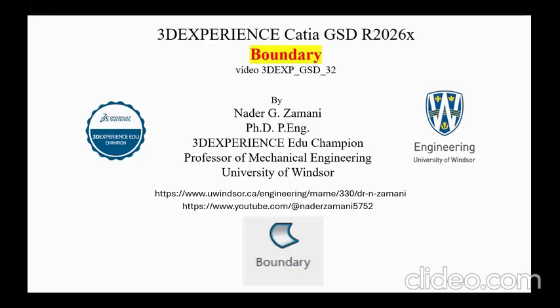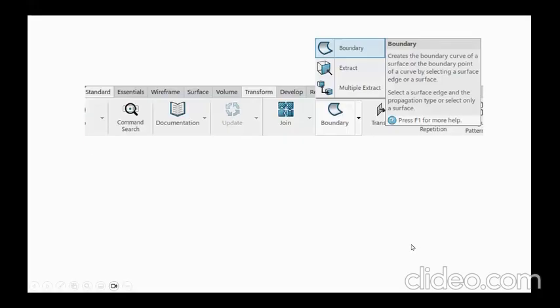This is video number 32 in the playlist, which is devoted to 3D Experience CATIA, the generative shape design application. I would like to discuss the boundary icon, which appears in the ribbon for the generative shape design. If you select the transform tab, you get the boundary pull-up menu, and this is the icon that you want